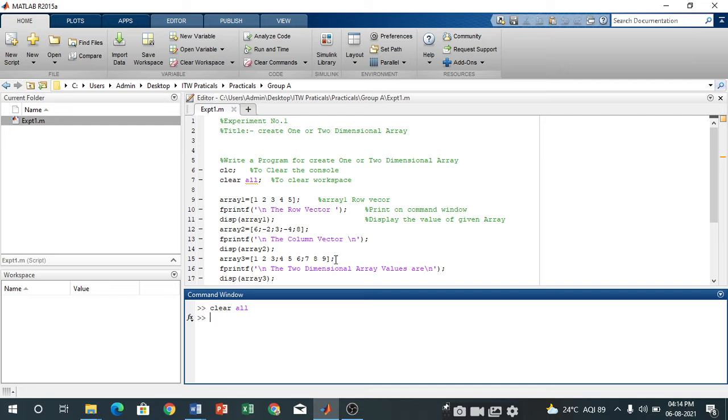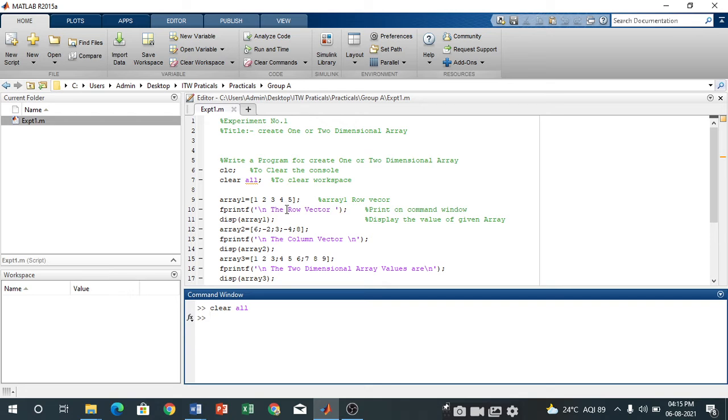Now here we will declare array 1. Array 1 has 5 elements 1 2 3 4 5, and it will display a row vector. And for fprintf, print f. This is useful to print out a message. And this is another kind of display function to display the content of a variable.